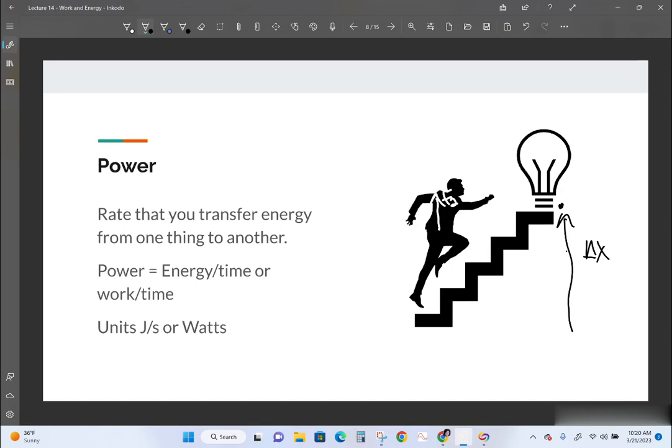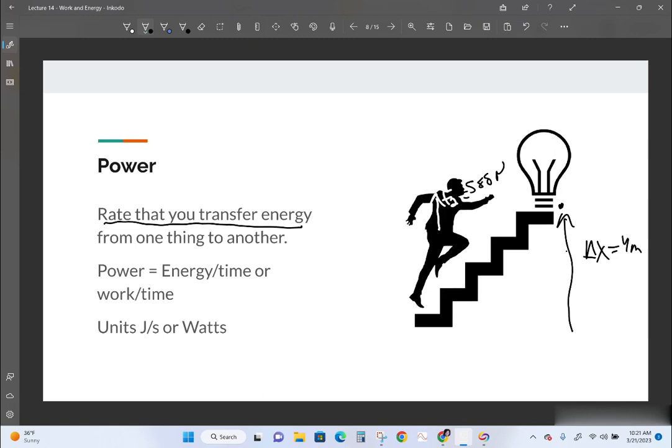You have given yourself the same amount of potential energy, 2.35 kilojoules. So let's say this was your 4 meters and you were 588 newtons. So whether you walk up the stairs or run up the stairs, you're going to do 588 newtons times 4 meters in both situations. You're going to be tired, though, because the rate that you transferred your stored chemical energy into potential energy was much faster when you ran up the stairs.